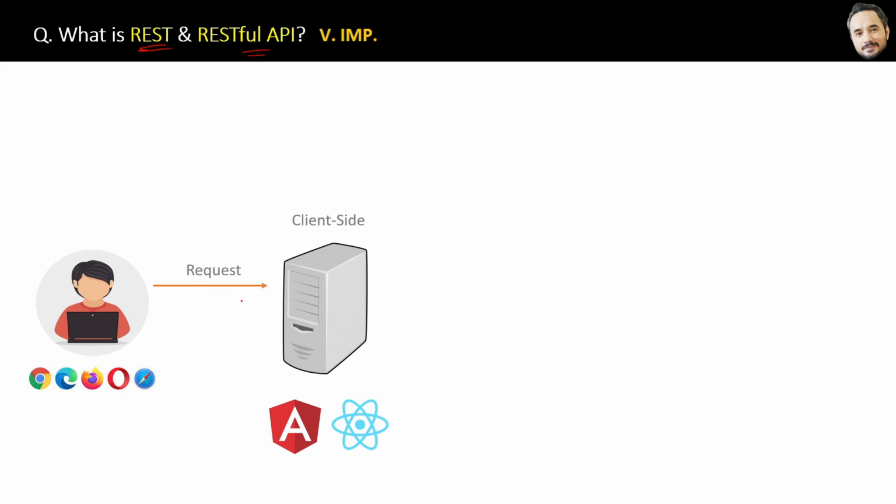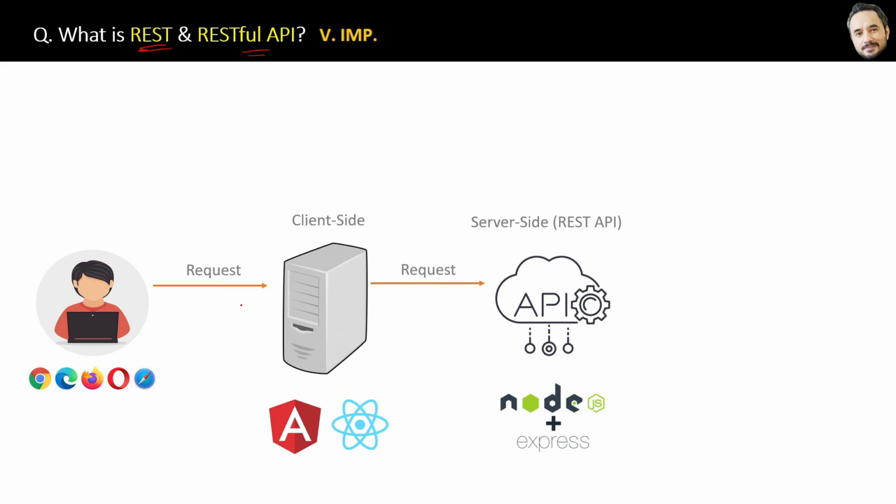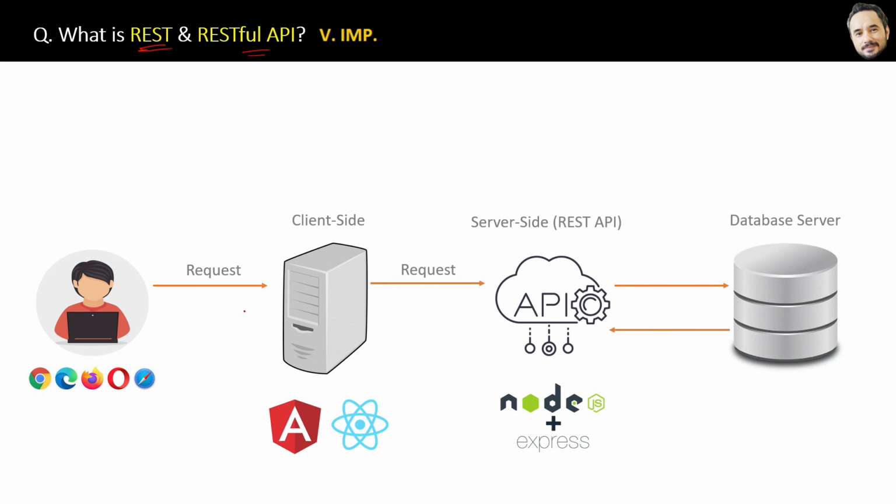But for the dynamic data, it will send the request to the server side API. And this REST API can be created in Node.js, Java, .NET, etc. Then this API will fetch the data from the database and send the response in JSON format back to the UI server. Okay, and the UI server will process it into HTML and send it to the user browser. Okay, so that's the process, and now you know this server side application we call the REST API and sometimes